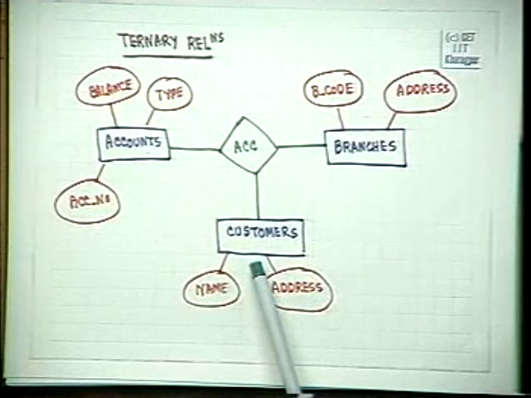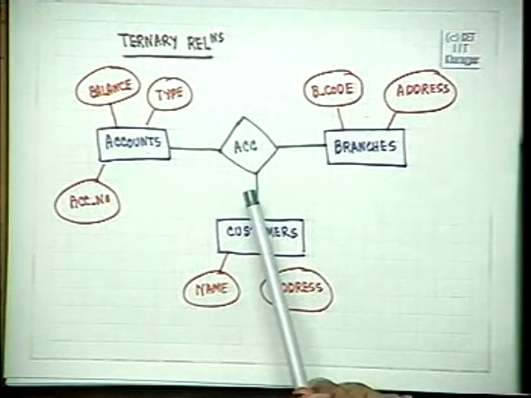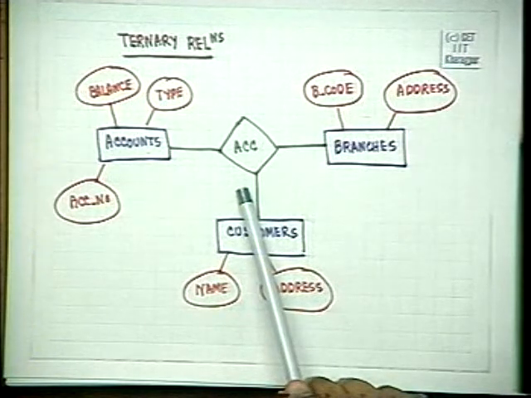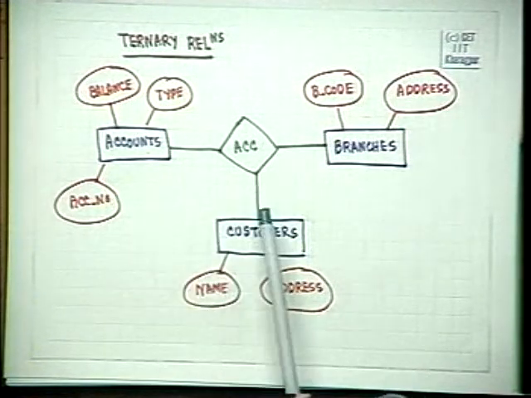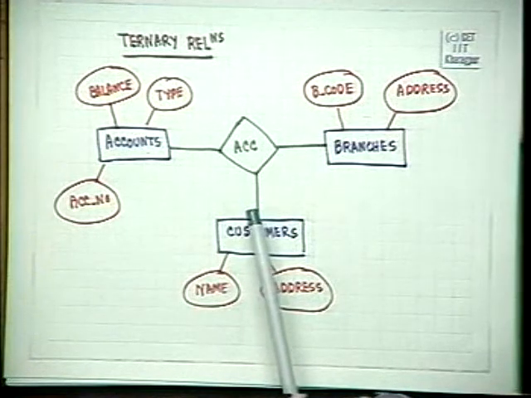So a relationship need not necessarily be a binary relationship. In fact, it need not necessarily be a ternary relationship. You may have four entities participating in a relationship. Consider the case of a